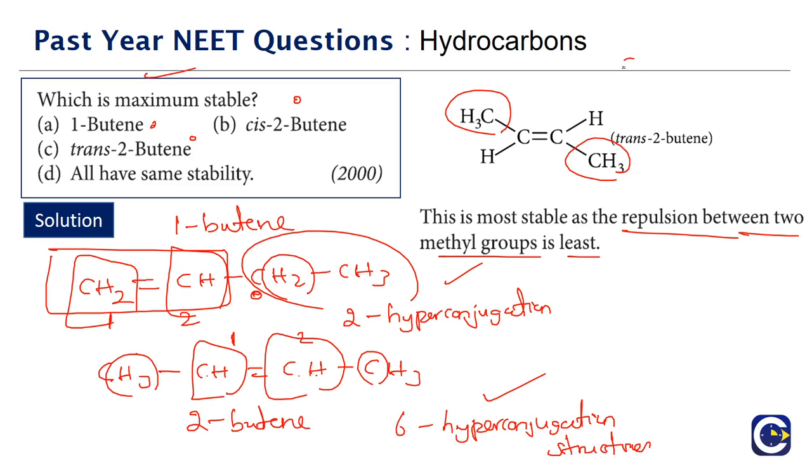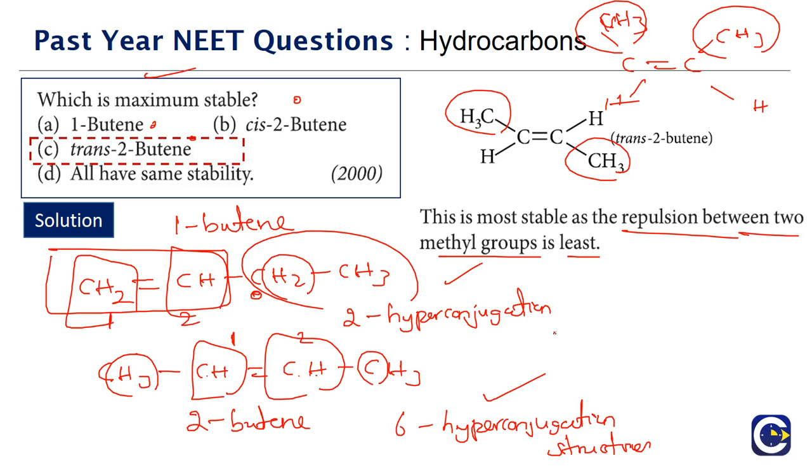If you look at cis-butene, right, both the methyl groups will end up on the same side, means there will be more repulsions between them. So in cis-butene, we'll have more repulsions than trans-butene. So in trans the repulsions are lesser means what? The stability will be more. So that is the reason why between these given substances, right, trans 2-butene will be the more stable one.